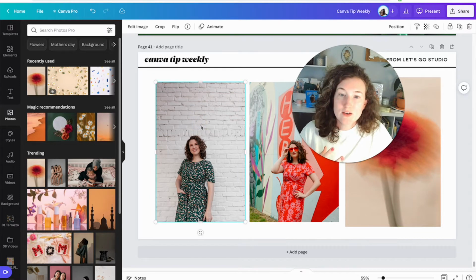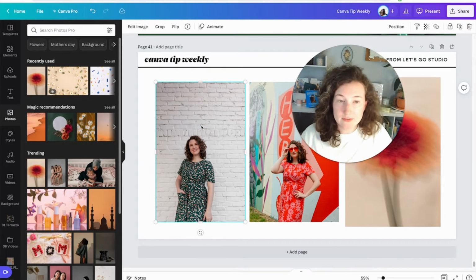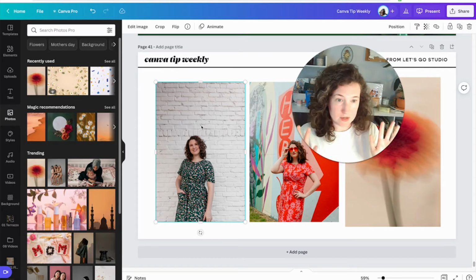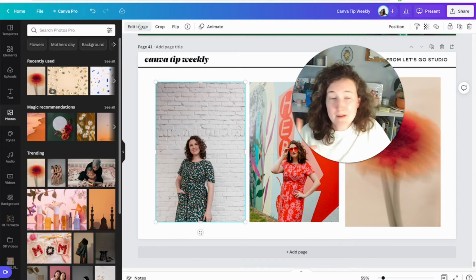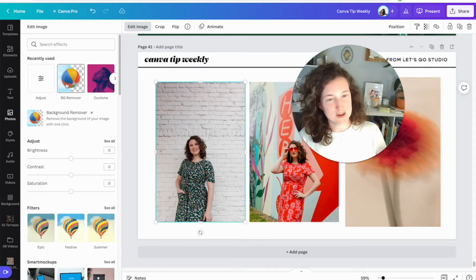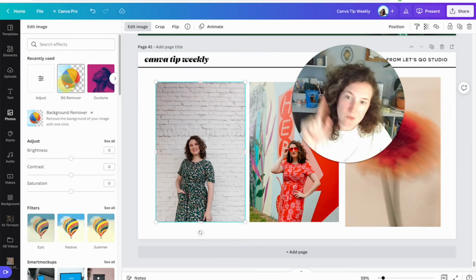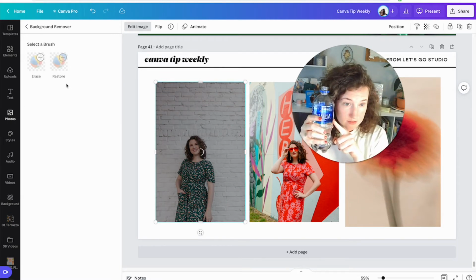The first thing you can do, and this is always why when I go get headshots, I ask my photographer for a white wall to be able to more easily do this, is the background remover tool. If I'm the first person telling you about the background remover tool, I am honored, but I know that 95% of you know this trick. If we click background remover, we take a break, we take a sip of water,